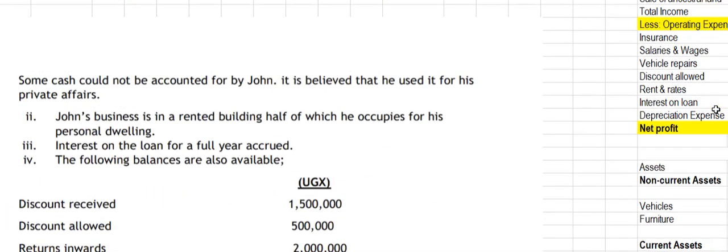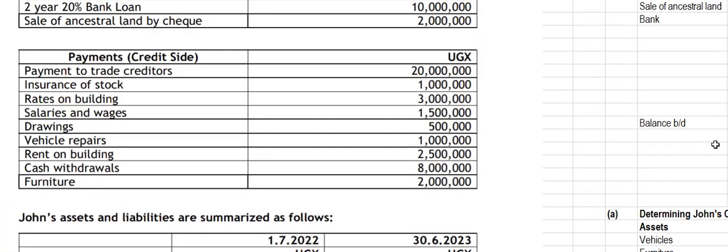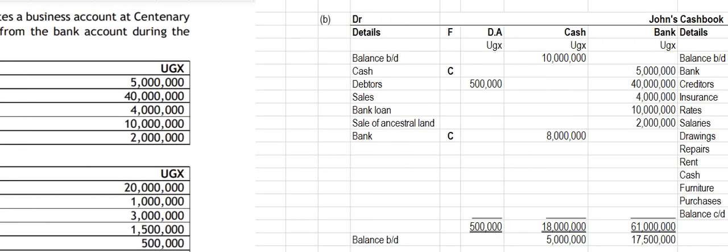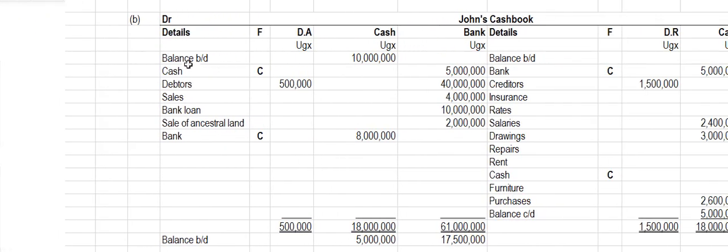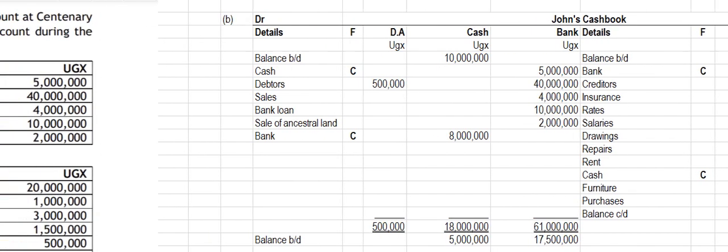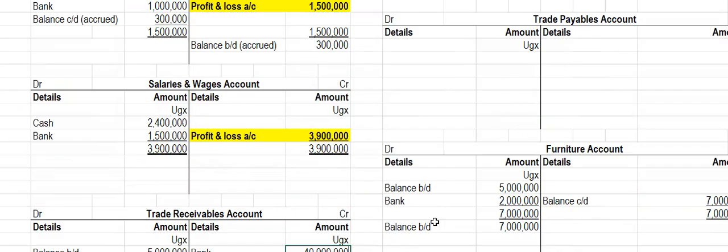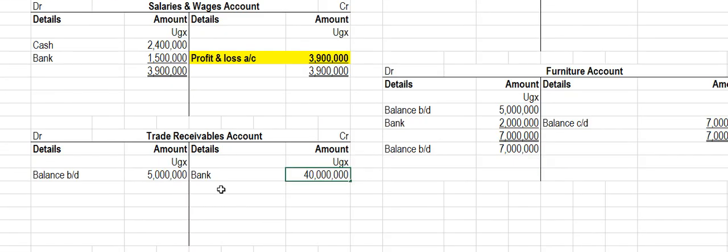Look at the cash book. So now we are trying to complete double entry. This is the cash book of John. The debtors paid 40 M. So in the debtors account, you will make a credit entry, as you have seen. Bank. Then still the trade receivables,